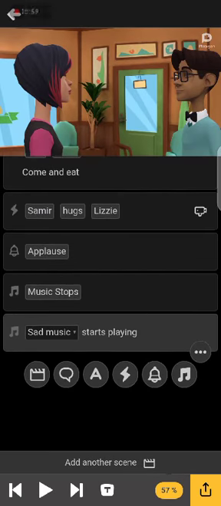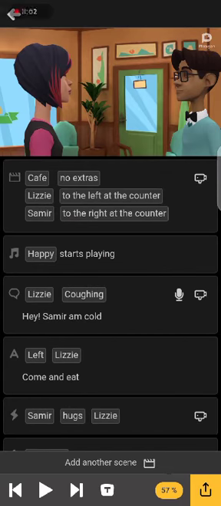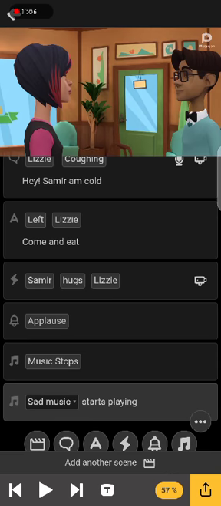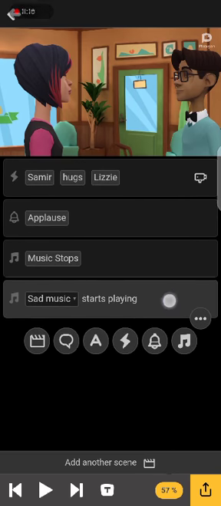Then the next button is this add another scene. Like I said, you can add up to 2 scenes, 3 scenes in this same animation video. So I click on add another